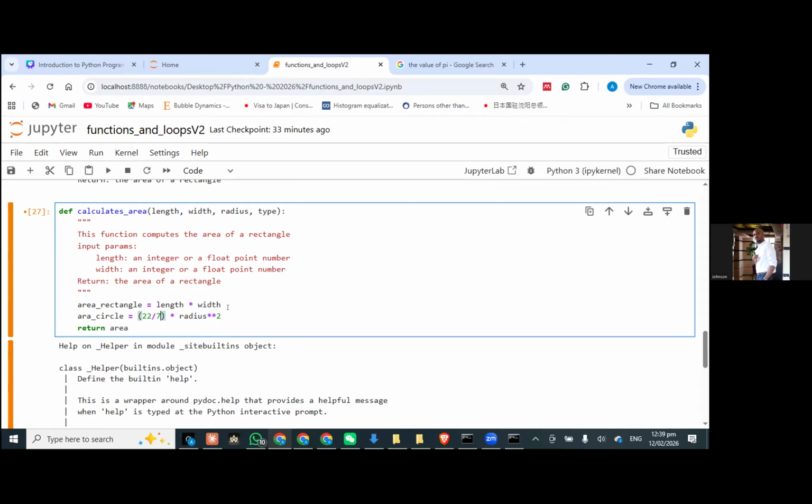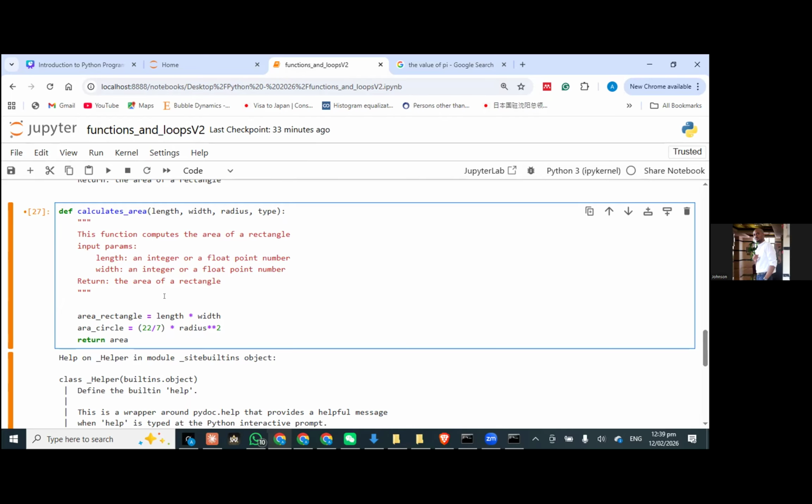But how would we know what the user is looking for? So now let's bring in an if statement where if the user puts the type to be area of a rectangle, it does only the area of a rectangle, and if the user puts an area of a circle, it does it differently. So what we can do is say if type, which is what we have put here, is equal to